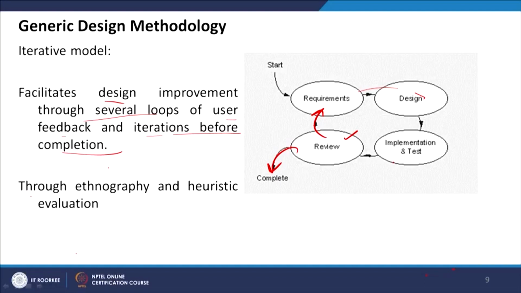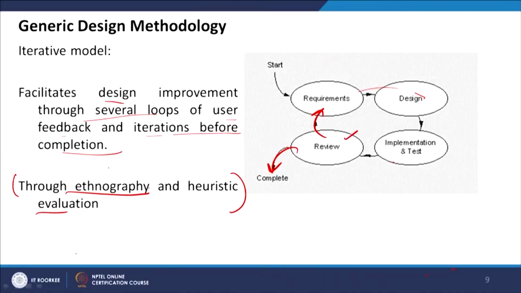So that is the point of break even. So break even happens much earlier, and the chances of failure are much less. Through ethnography and heuristic evaluation, this process will be done. Ethnography, the broad term: ethno means people, and graphy means to survey people in their real